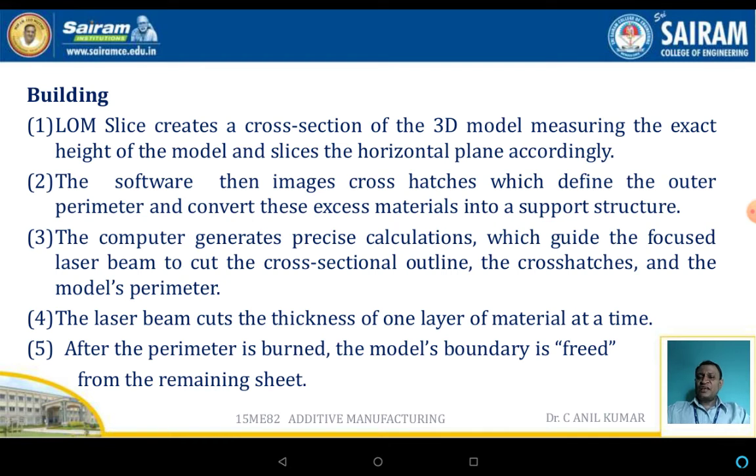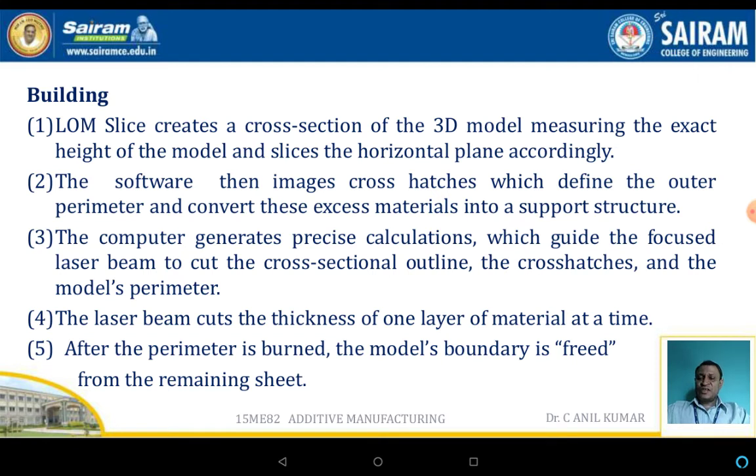LOMSlice creates a cross section of the 3D model, measuring the exact height of the model, and slices the horizontal plane accordingly. The software then images the cross hatches, which define the outer perimeter and convert the excess material into supporting structures which support the main part.